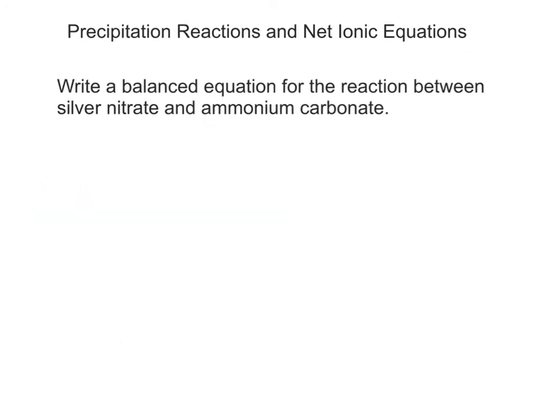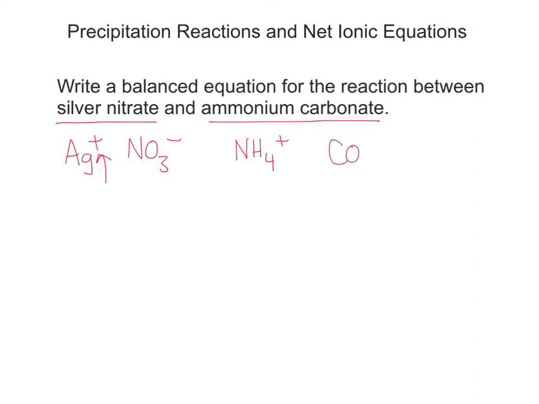In this second example, we have different chemicals. We have silver nitrate and ammonium carbonate. The first thing I will do again is write out my ions so that I can make sure I write balanced formulas. The silver always carries a 1 positive charge, and the nitrate a negative 1. Ammonium ion, positive 1. Carbonate, negative 2. So when I write my first round of the reaction, I'll have silver nitrate